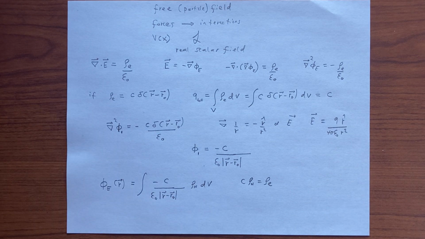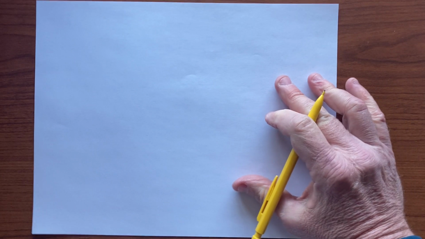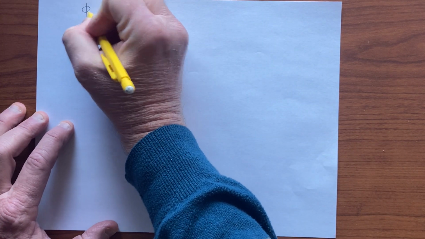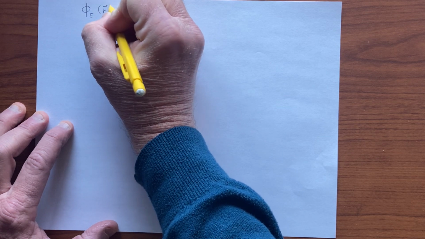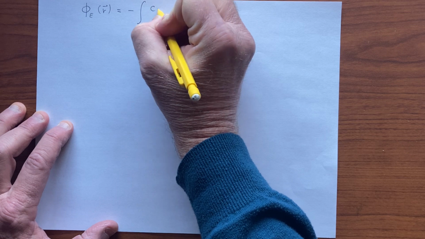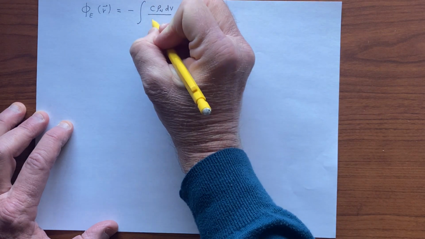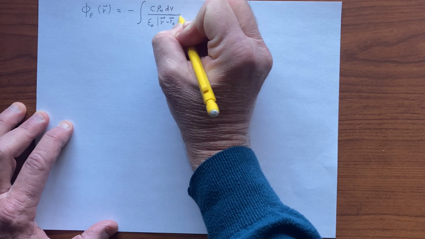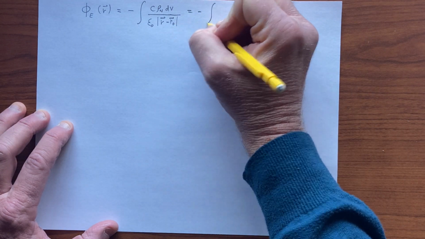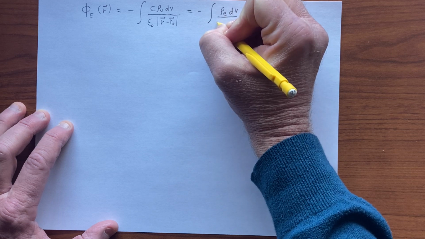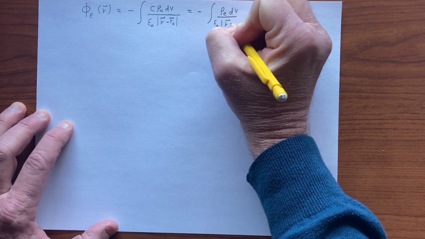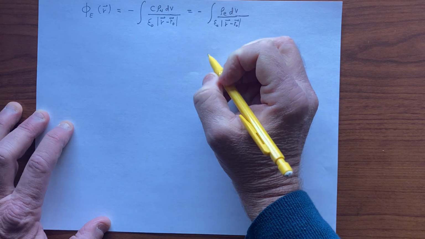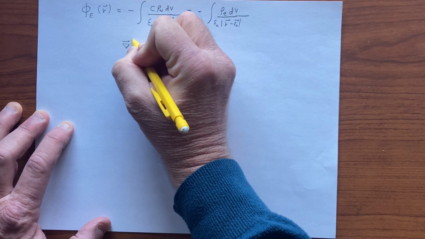And so phi of r is equal to minus c rho n dV. We're just integrating over point particles. They're spread out all over space. So it looks like that, minus rho e dV. Like that. And so we can sort of summarize what we've just learned, which is that we have del squared phi